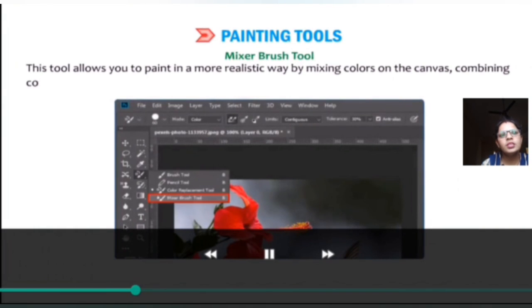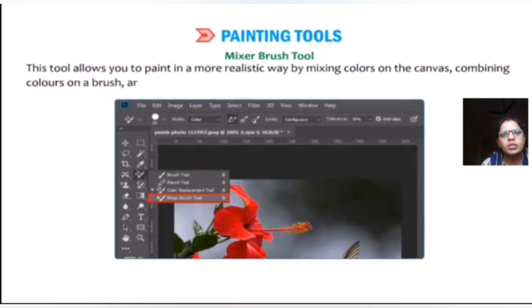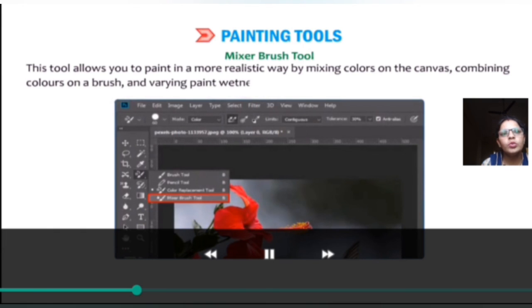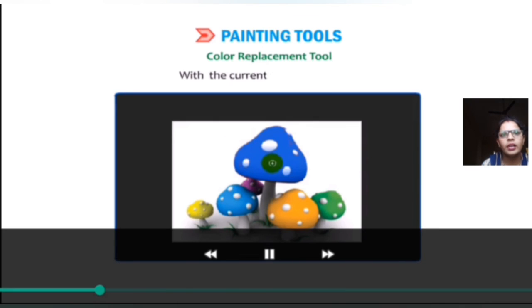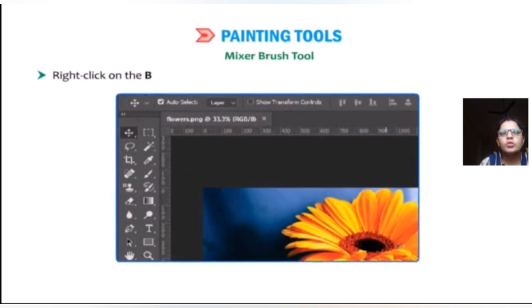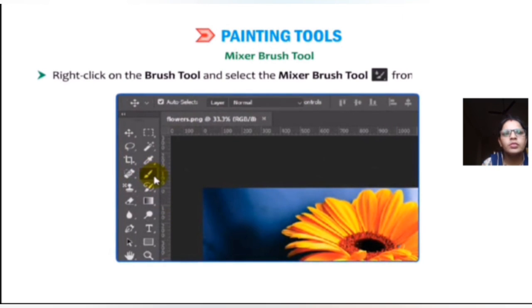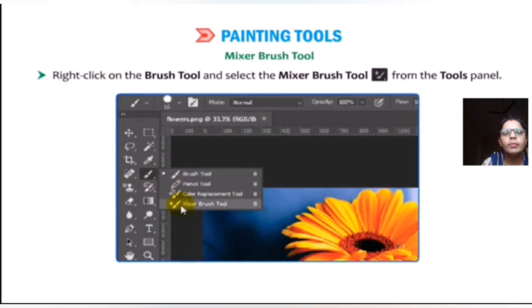Now next is painting tools. Painting tools allow you to paint in a more realistic way, mixing color, canvas, etc. Mixer brush tool. Right click on the brush and select the mixer brush tool from the tool panel.